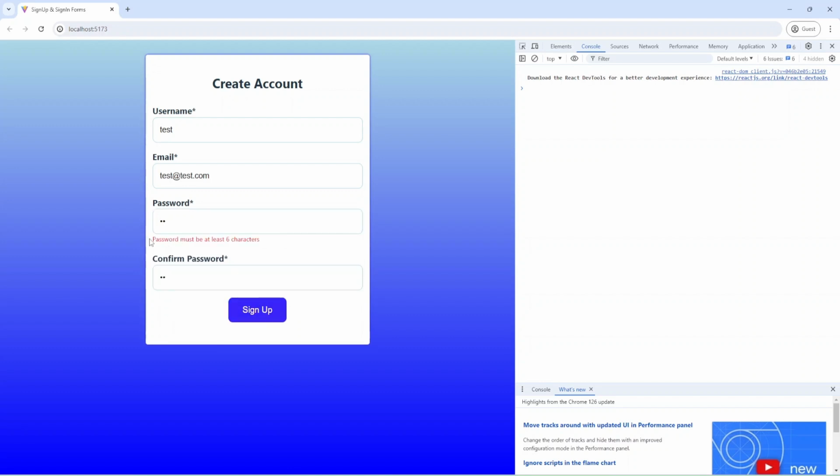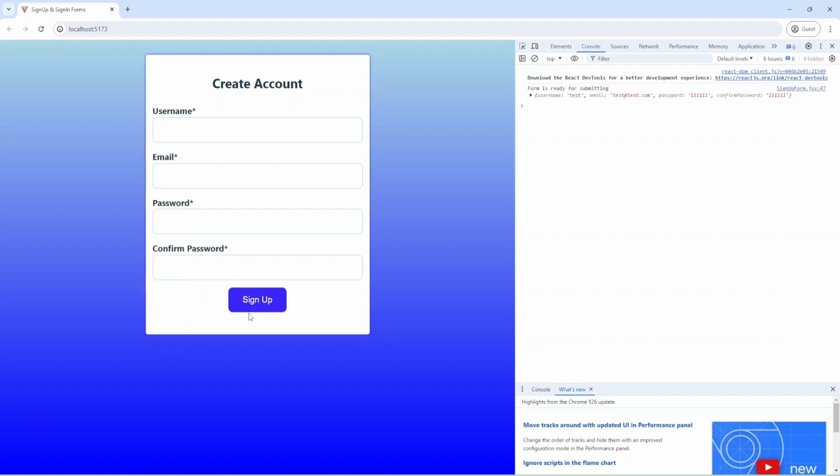As you can see, now we have validation from our client code that we wrote just now, and password must be at least 6 characters. Let me add more characters and press sign up. Now we have the error that passwords do not match. I'm going to match the password and press sign up, and our form was submitted, and we have the values of our form here, and also empty fields here.